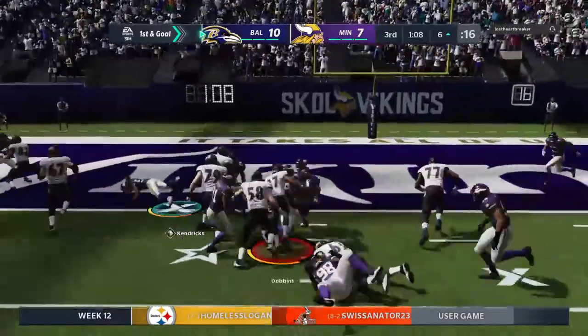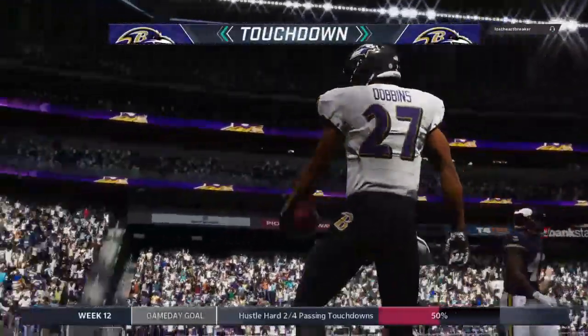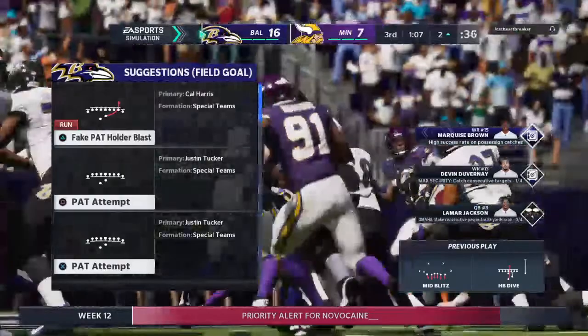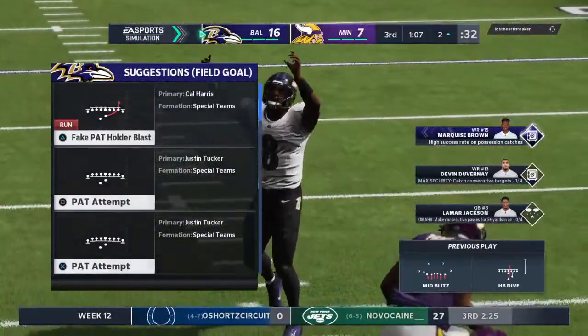They'll run with Dobbins. And he is into the end zone for a Baltimore touchdown. J.K. Dobbins, his 6th touchdown of the season. And the Ravens will extend their lead. Well, this offense only mustered 3